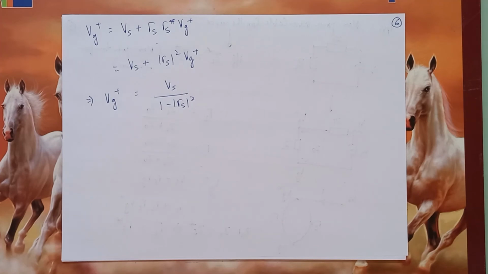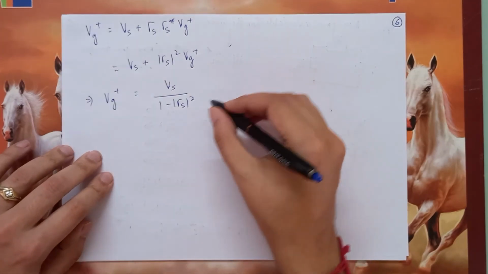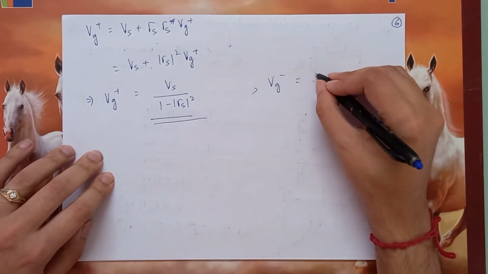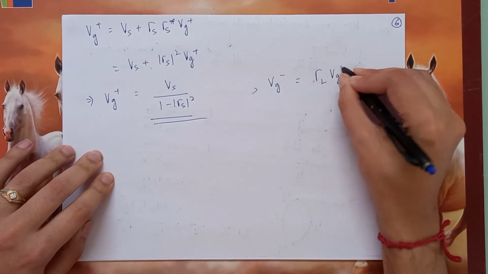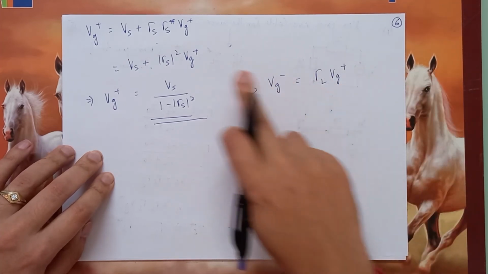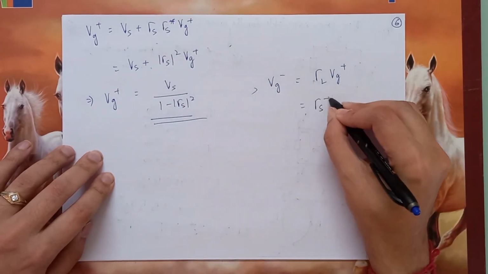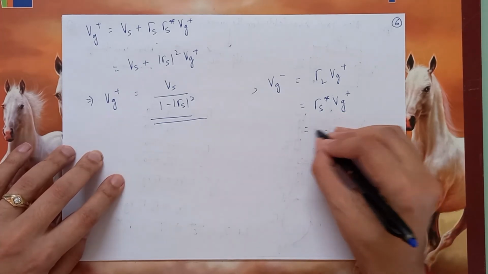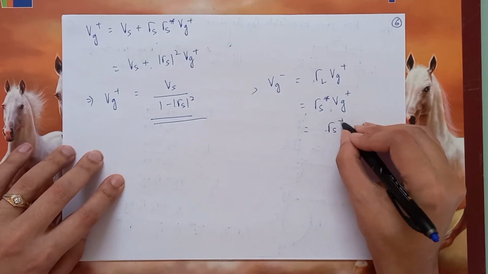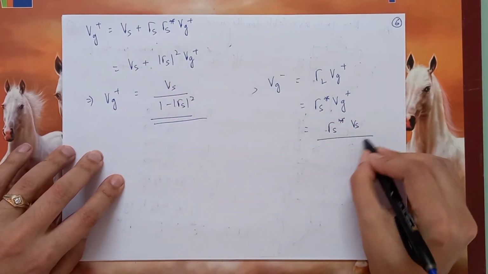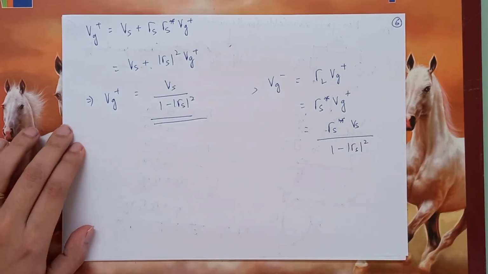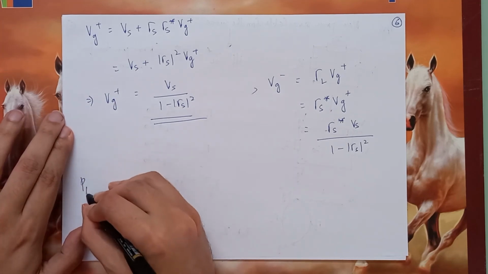What about Vg minus? We've got an expression for Vg plus, and Vg minus we already know is gamma L times Vg plus. We now know gamma L is nothing but gamma S conjugate, so that is gamma S conjugate times Vg plus. Now we know what Vg plus is: gamma S conjugate times Vs, divided by 1 minus mod gamma S square. So therefore, the PAVS,